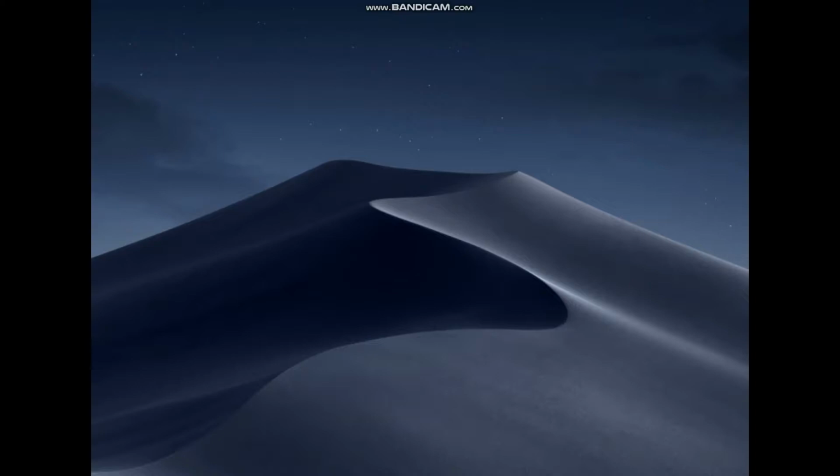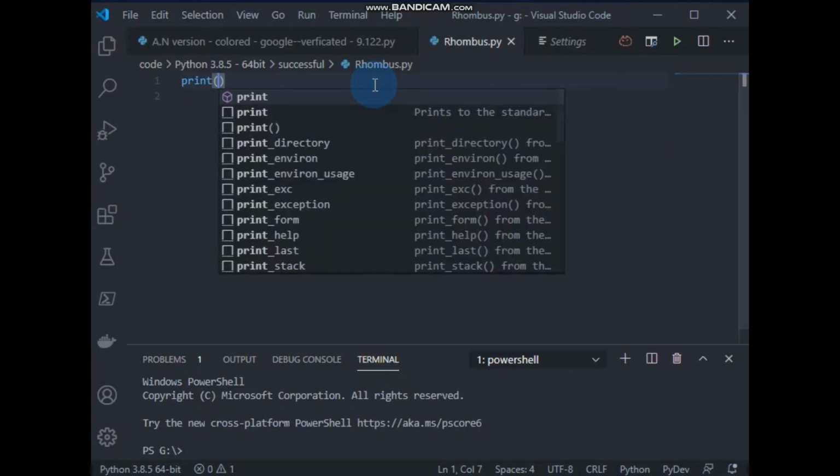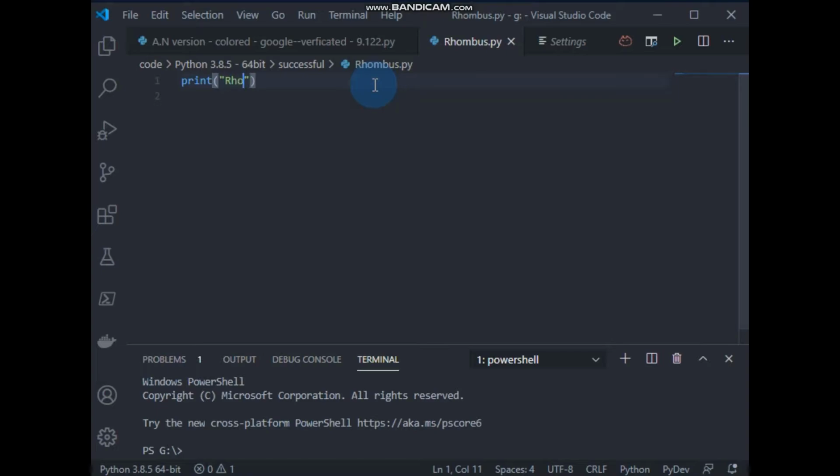Guys, today I'm going to show you how to create a Python file which takes input from the user and uses side, perimeter and area values of a rhombus. Open code. Here I have an empty file named rhombus.py. In the first line, type print in brackets rhombus